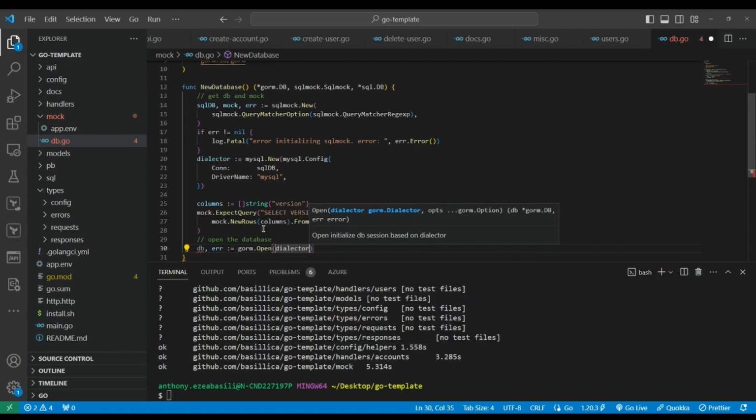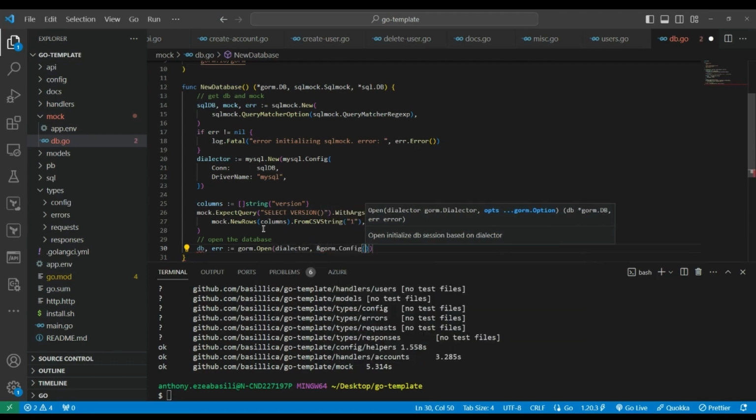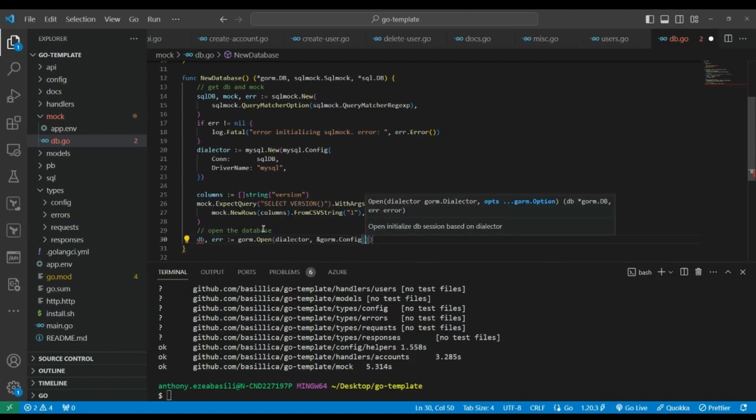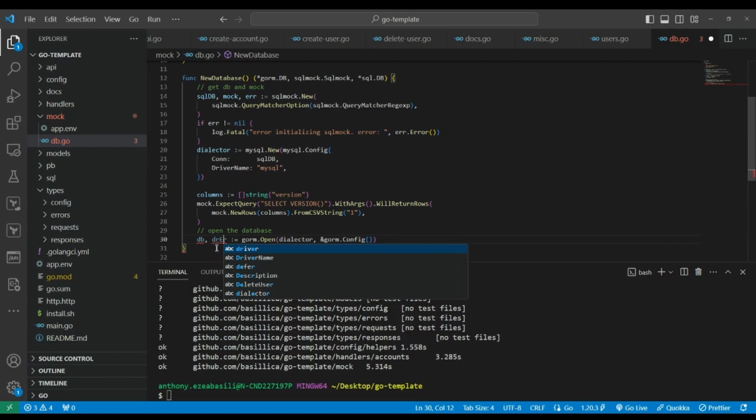I'll pass the dialector, and of course it takes a gorm config, not from gorm.Config. And I can leave this open for now and see if there are any errors, and I can actually call this db error, something like this,